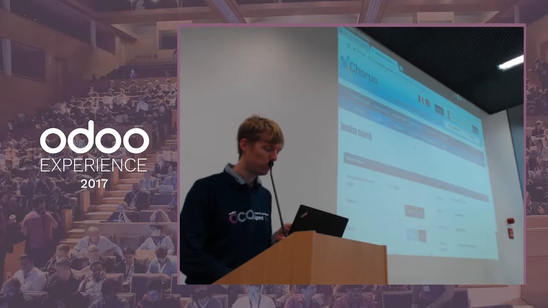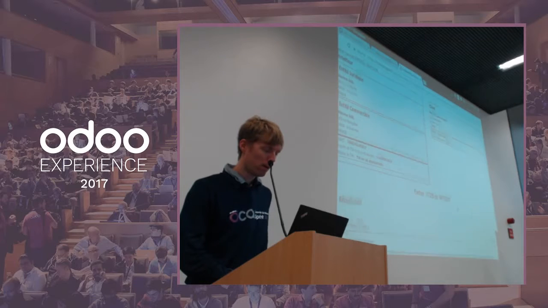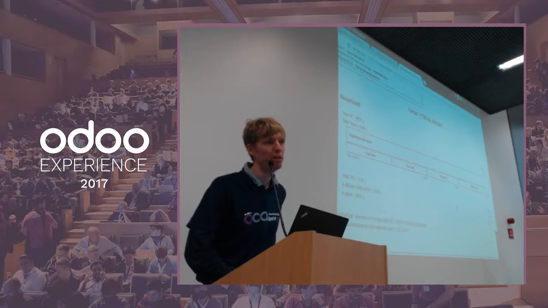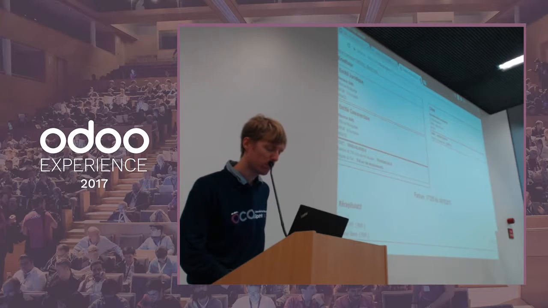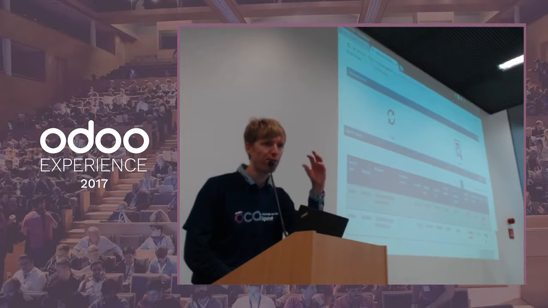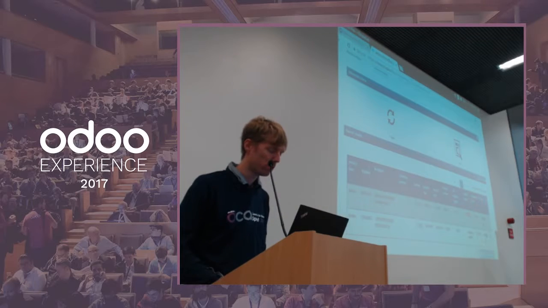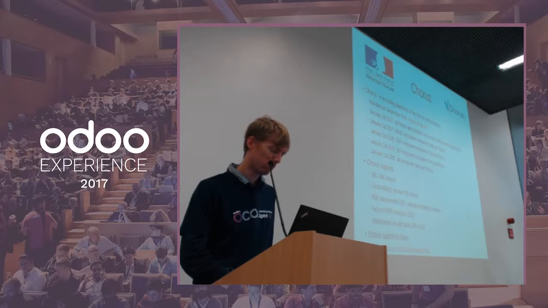I can search my issued invoice. I do search. It was the second invoice I made through Chorus. Here it is. This is the invoice we made yesterday. I can see the invoice here. This is an HTML rendering of the XML invoice. And I know the status of this invoice. This one has been made available to the recipient. My previous invoice I made in May has been paid. So I can follow the life of this invoice in the French administration.